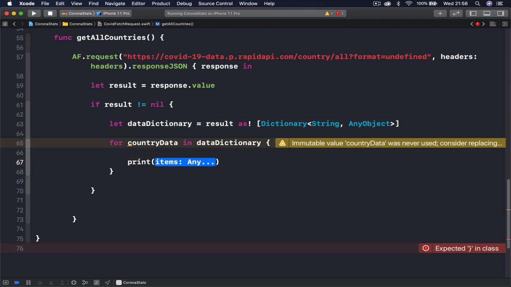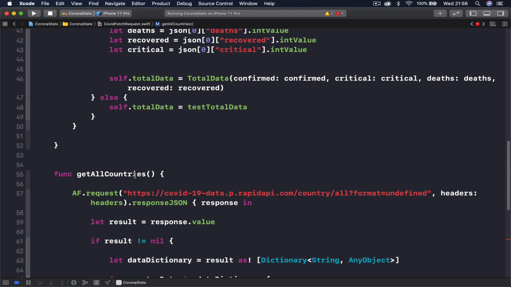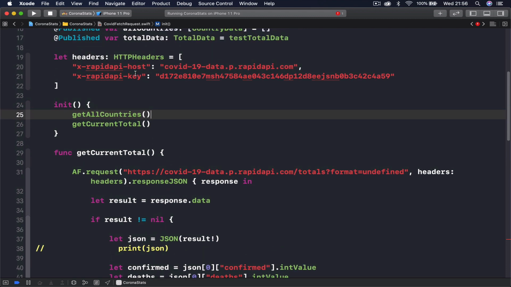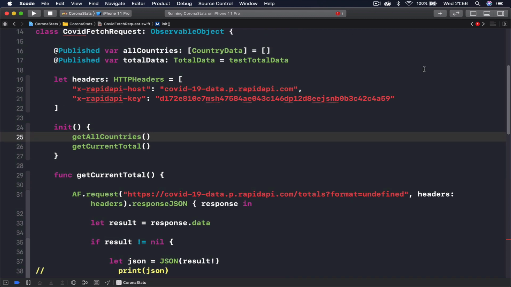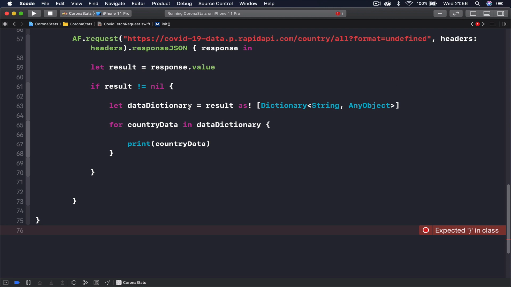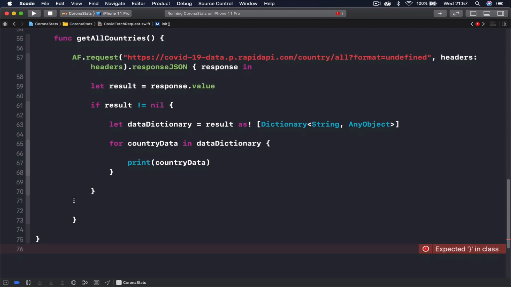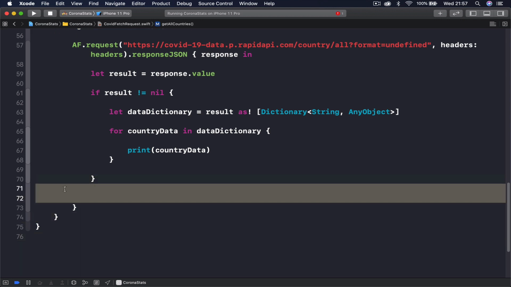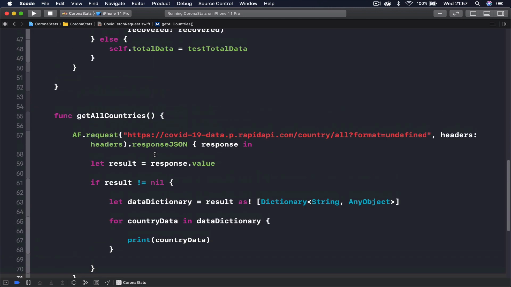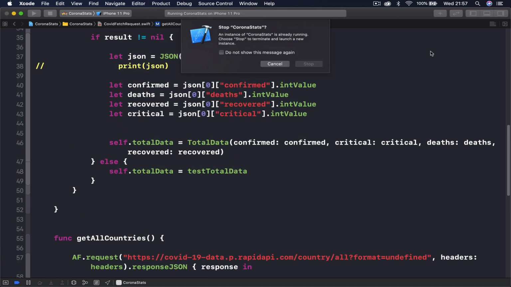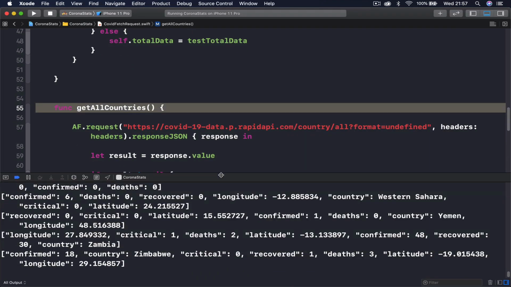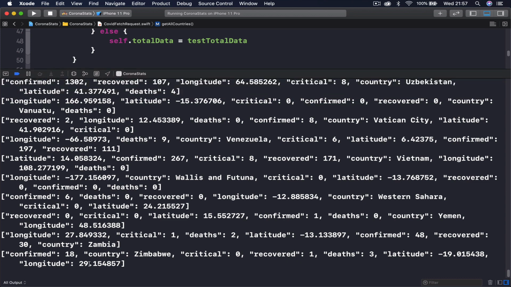So if I say print country data, and if we copy this, go to our initializer and call this function. Let's see where we have an error. Okay, we are missing a curly brace here to close our function. Right, so if I just run now, because we are already calling this get all countries in our initializer, we are going to see some results here. Just let's take the last one, which is